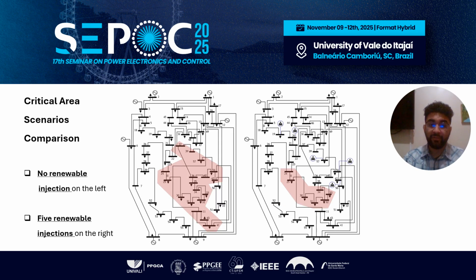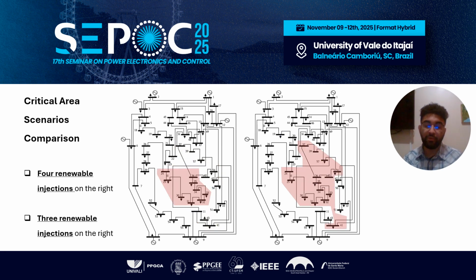Here we have a quick comparison of the critical area scenarios. The left is the no renewable injection, and here we have the 5 renewable injection scenario. You can see there's a noticeable reduction when we have the renewable injections, but as we were stating before, we're going to be removing our renewable sources one by one. You can see on the left we have our 4 renewable injections,